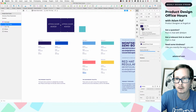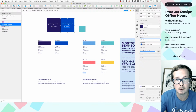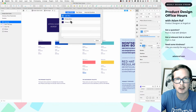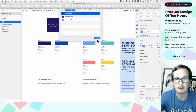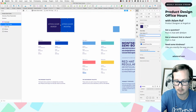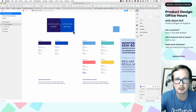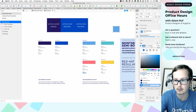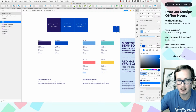Great. Primary blue is 0047BB. Okay. I thought I named that. Maybe I did not hit enter. Primary purple. Actually, this one's blue. And that's correct. Great. All these colors. Unfortunately, there's no grayscale or text colors, so I need to create some text colors